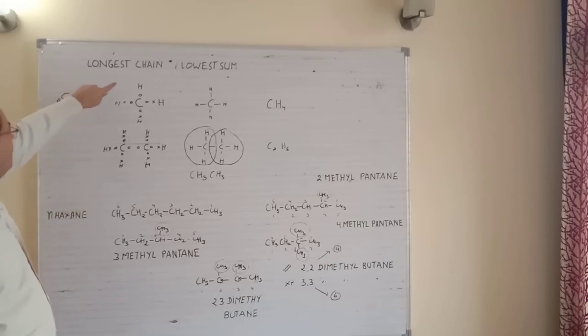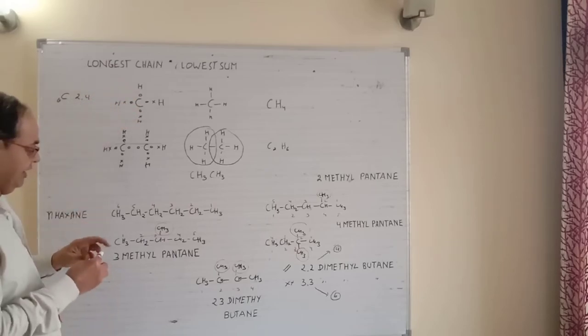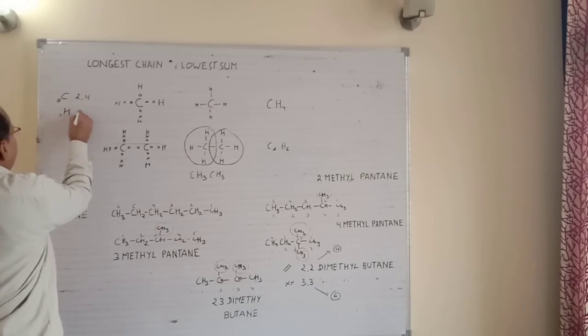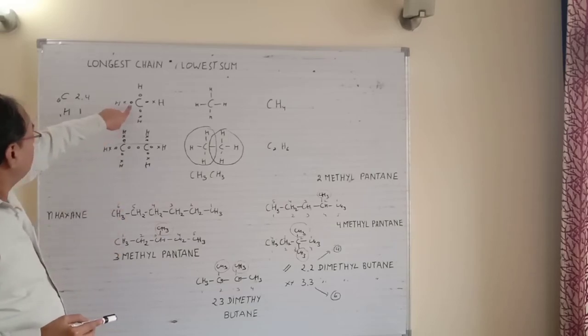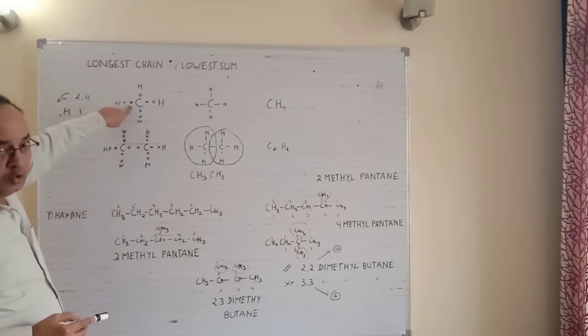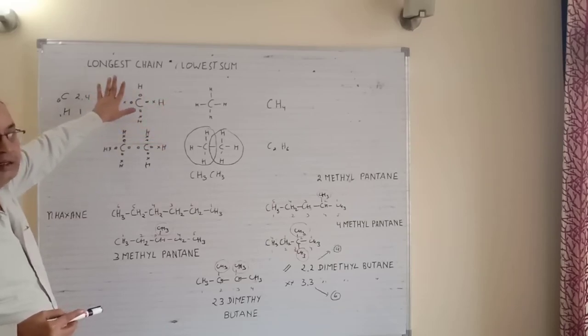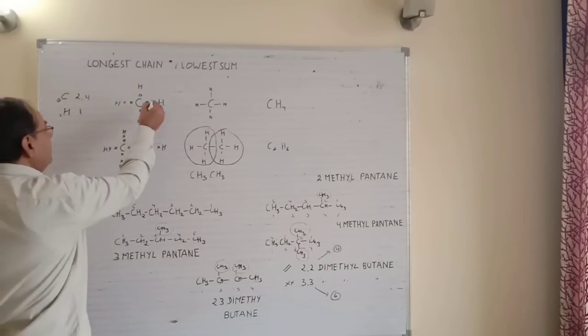Now the electrons on the carbon are 4 in the last shell, and hydrogen has 1 electron in the last shell. Let's write it: hydrogen has 1. So now the dotted electrons, this round one, are for the carbon and the cross one is for hydrogen. I am just writing this to distinguish them. So when carbon is surrounded with 4 hydrogens, their octet gets completed.